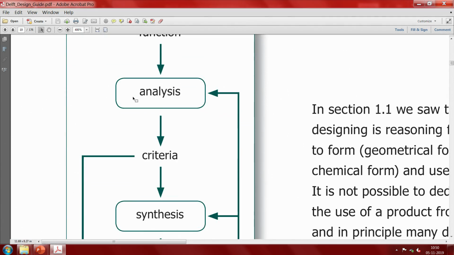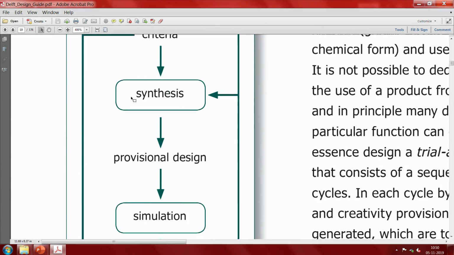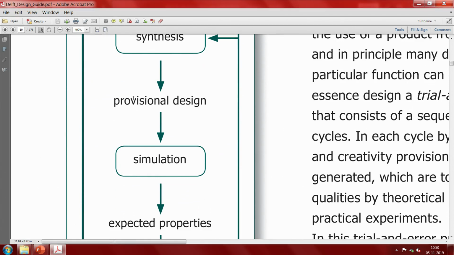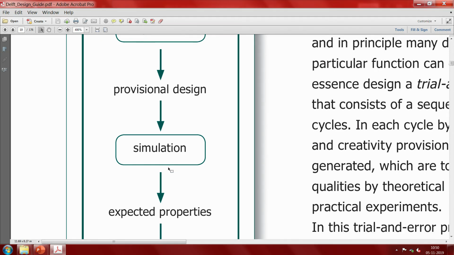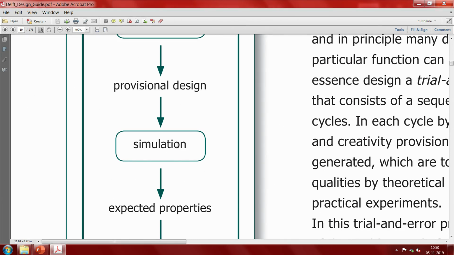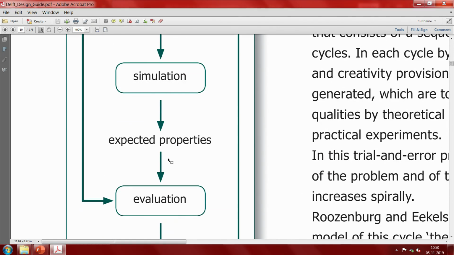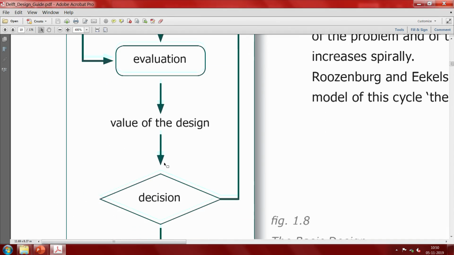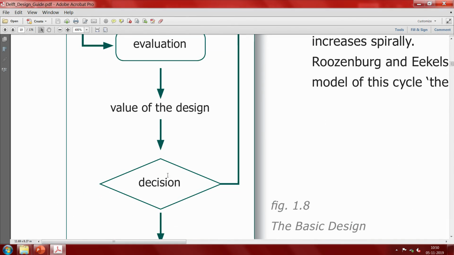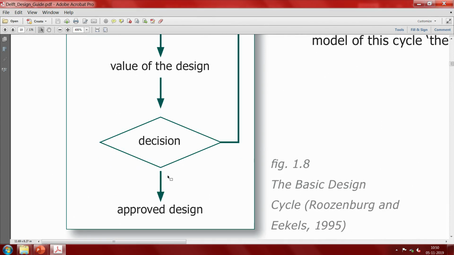We are all very clear about it. It is just a way of doing it. There is synthesis and provisional design. At this point, simulation, while electrical simulation has all been taken care of, saying mixed mode, analog, digital is there, and even things like if you have to make a programmable logic controller, these are all made. Here, finally, after the evaluation and value of the design, in the decision making, we can make it a little faster if we have made all the models as I was talking to you about.